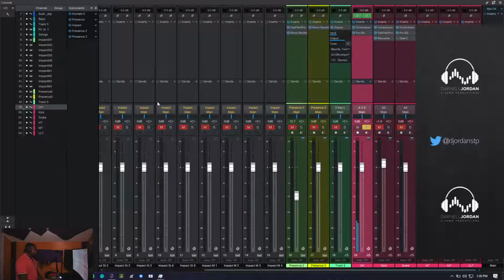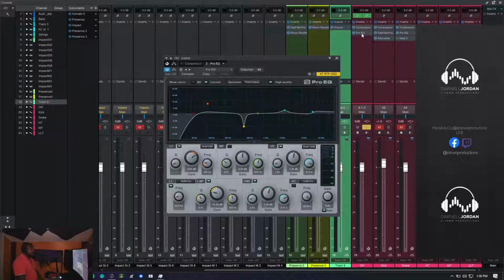All right, so let's start with the overheads. And like I said, this is still in process, so I'm going to be making some changes along the way. Right now, I have it taking off the low end. It says about 50. I might just bring that up to about 70 hertz, just so I can get rid of